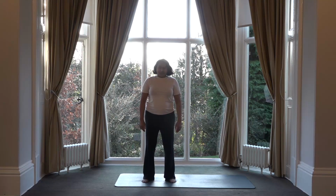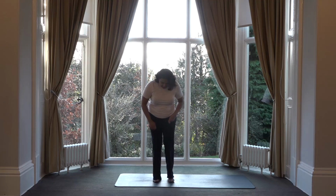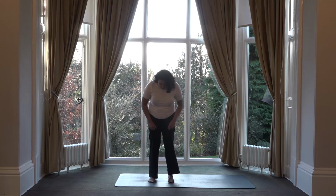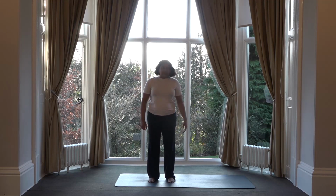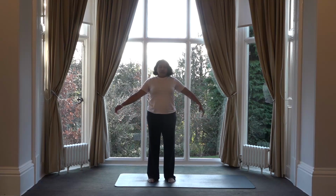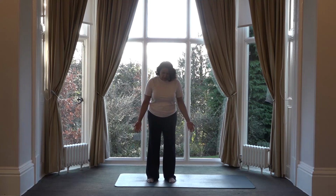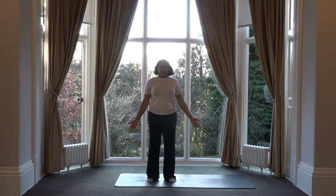So we will start standing, so coming hip distance apart, so bringing your heel to the arch and then just turning round. So being here and then tuck the pelvis under a little bit. So just settling down first, feeling the feet grounded. If this is not very good for you and you need to just move the feet, please do. And the palms facing to the middle of the room. And relaxing here,